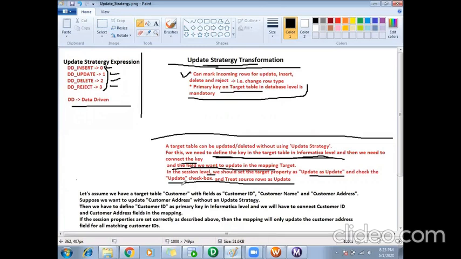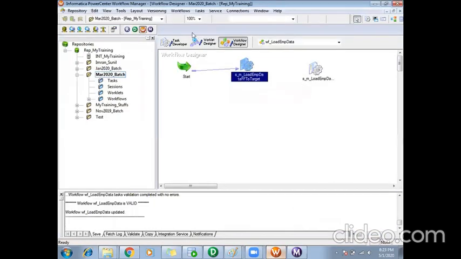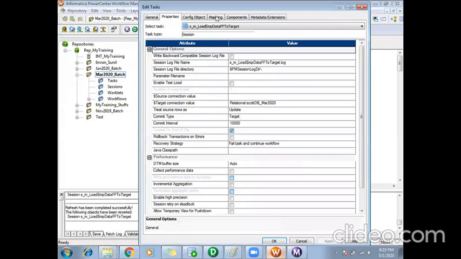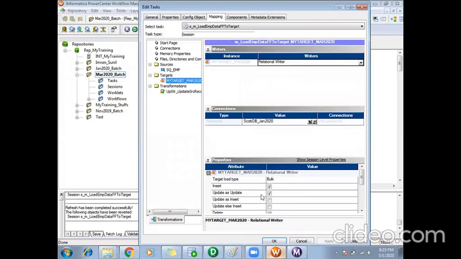At the Informatica level, go to that particular target and create a key, a primary key port. Then in your mapping, connect that primary key and also the ports which you want to update. That is done at the mapping level. In your workflow session, you make treat source rows as update, and in the target, you select update as update here.